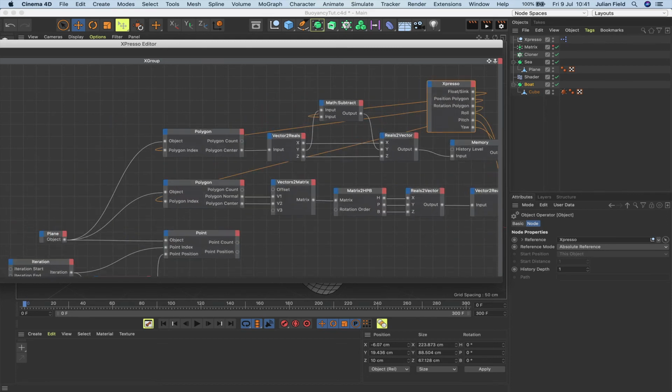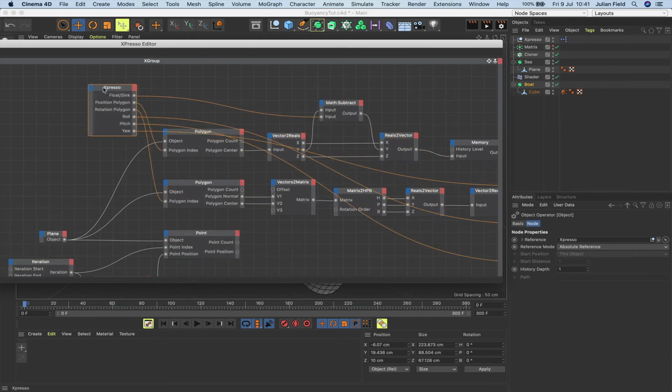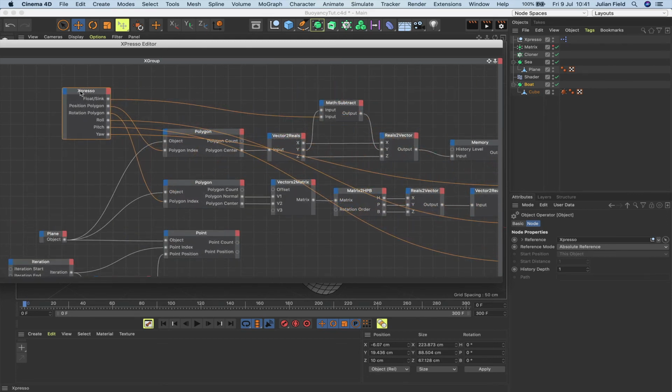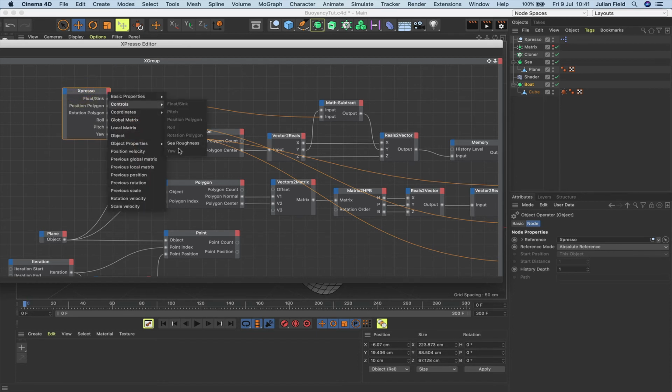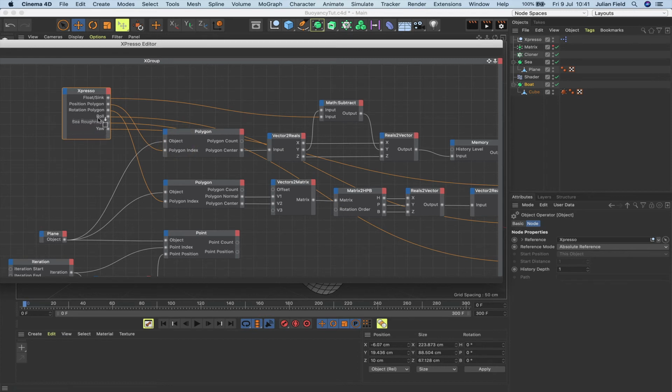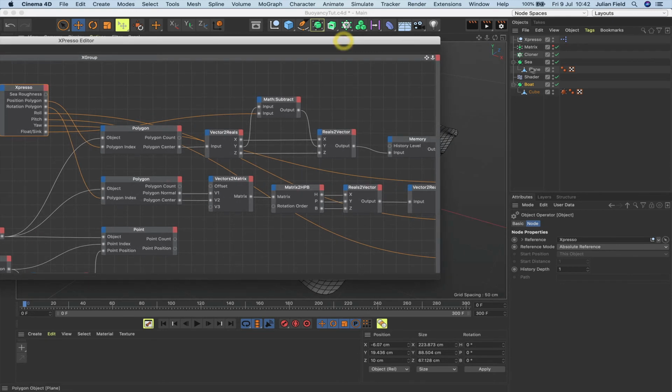We can then move our Expresso back to its original position. And then while we're here, we might as well add our final control, which of course is C roughness, and I'm just going to move that to the top. The float sync can be left where it is. I mean, you can reorder these as you like, but I'm not going to mess about with that because it can be a bit fiddly. But the C roughness I will put at the top for the simple reason that I'm going to then select my shader